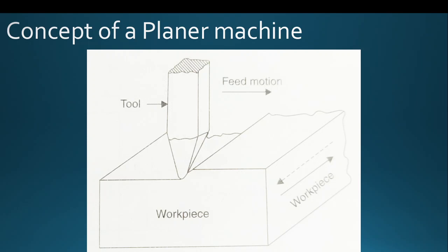And the feed motion is very common when you compare the shaper and planar. The workpiece is moving in side direction after each cutting and return stroke. Like the shaper, here also we have considered one single cycle with one cutting stroke and one return stroke. The cutting stroke is a stroke where the material removal happens. The return stroke is considered the idle stroke; there is no material removal carried out during the return stroke.